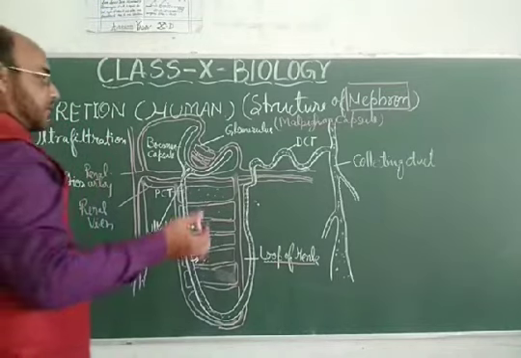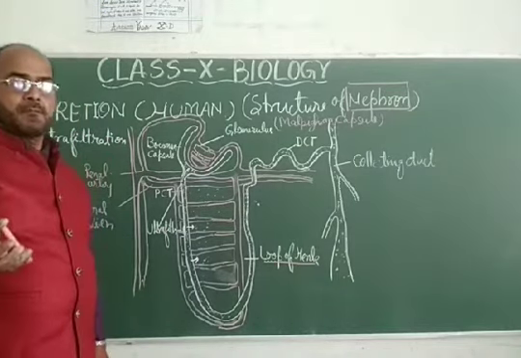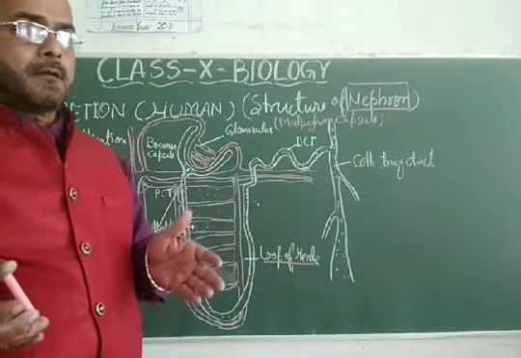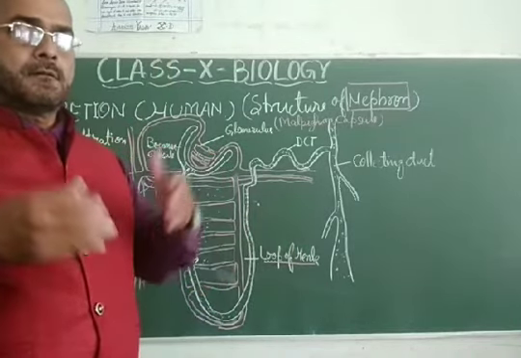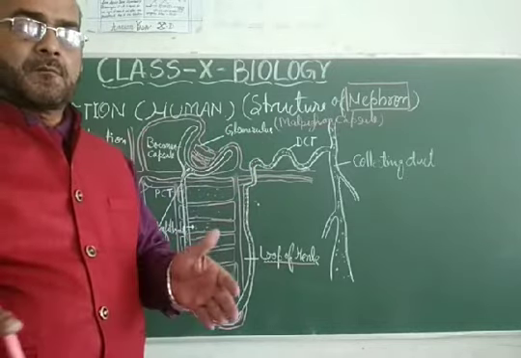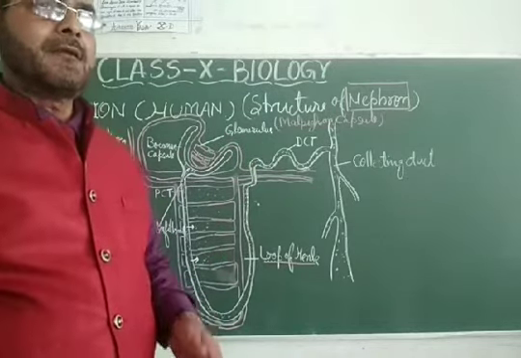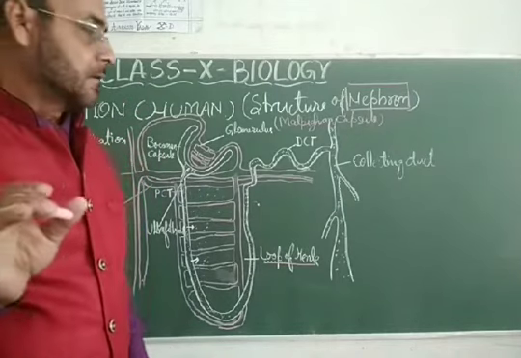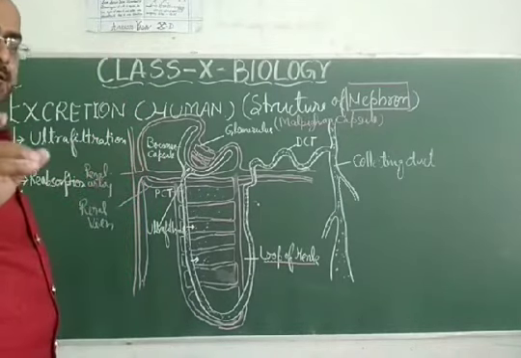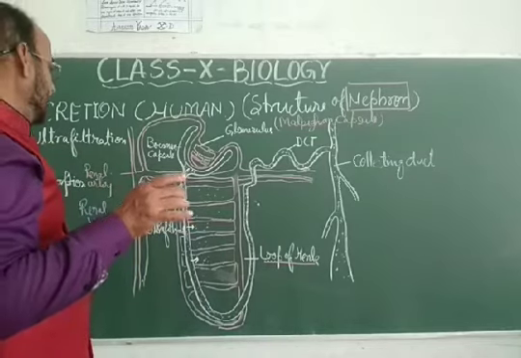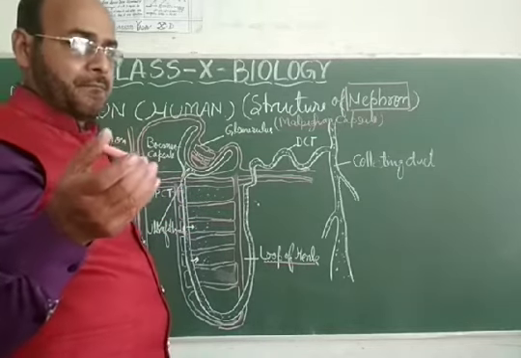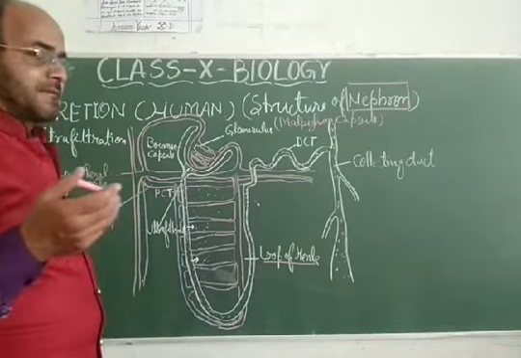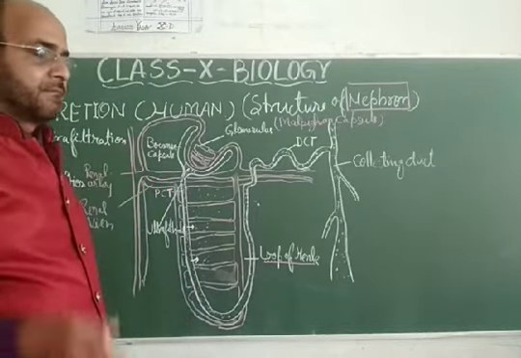My dear students, before this video you have already learned about the morphological structure of the kidney and the process of excretion that is performed by the kidney and urinary system. It is also called the excretory system. Excretion takes place in the excretory system of humans, which consists of a pair of kidneys, urinary bladder, ureter, and renal vessels, renal artery and renal veins.